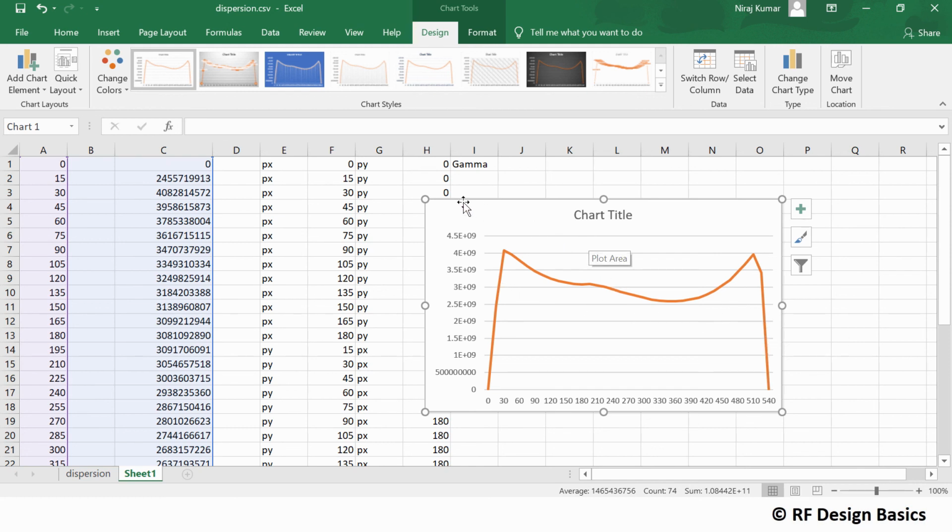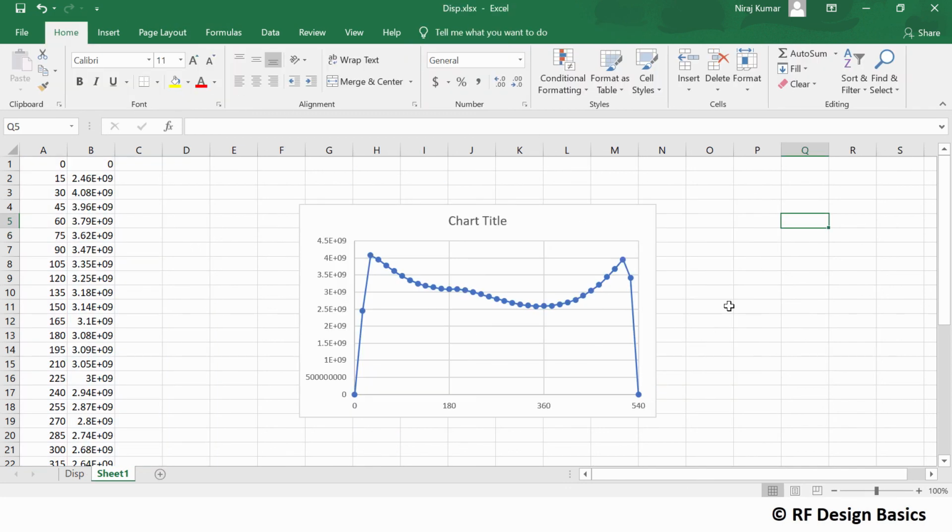If we change this graph type, and after making some changes in the axis, you can make it in this way, where the x-axis will have 0, 180 degree, 360 degree and 540 degree. So 0 degree represents gamma, 180 degree is X, 360 degree is M, and 540 is gamma. So it will represent gamma, X, M and gamma.